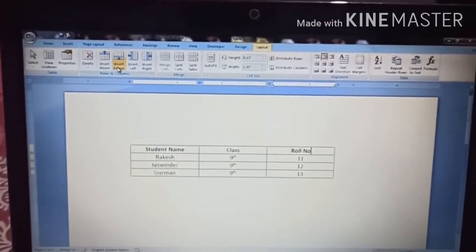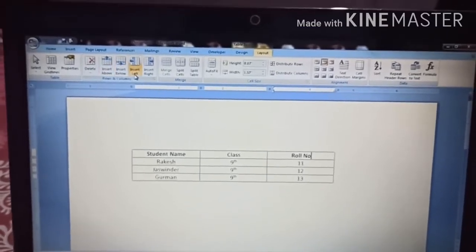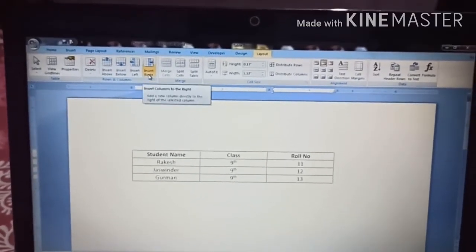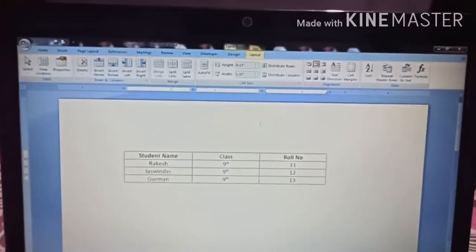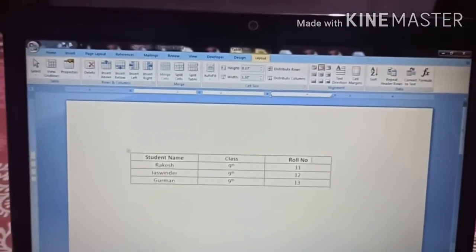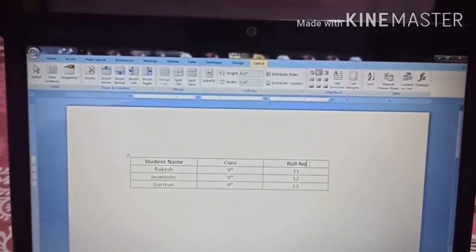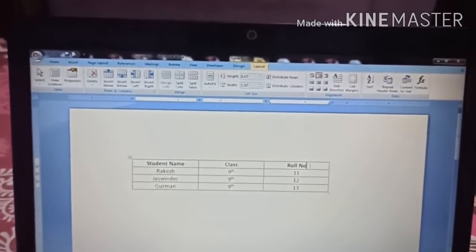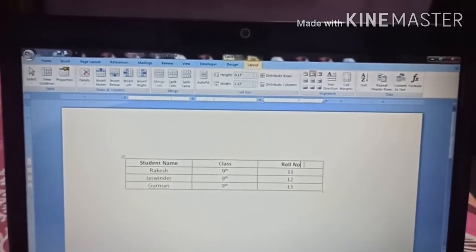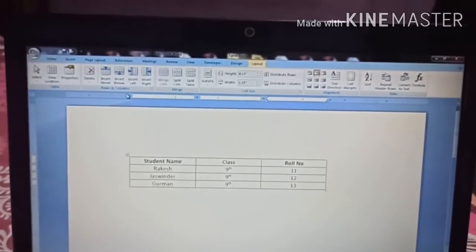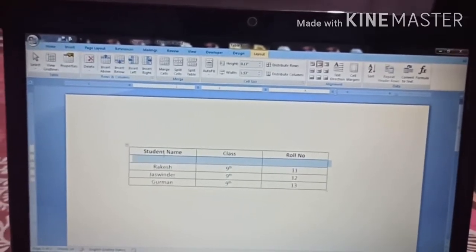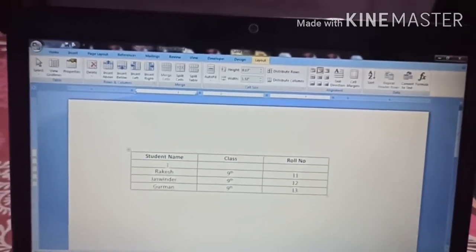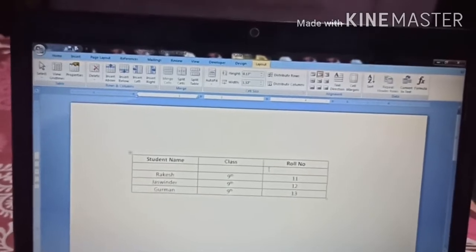These options are related to the row, and insert left and insert right options are used to insert columns. Suppose I want to insert a row below the headings. Put your cursor here and then click on insert below. Now you can see a new row has been inserted here.